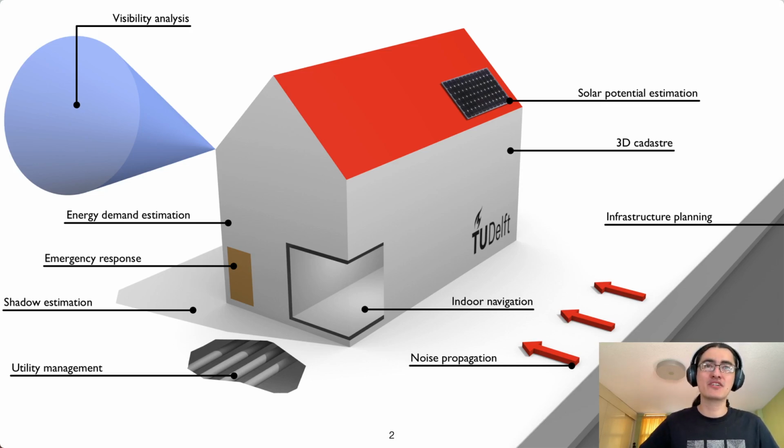Another interesting application is energy demand estimation. Things like what is the energy efficiency of a house, how much heat will be dissipated, whether it's worth it to do a retrofit of existing houses or not, based on how energy efficient they are and how much it would cost. You can estimate shadows, so based on the position of the sun, you can see whether other buildings